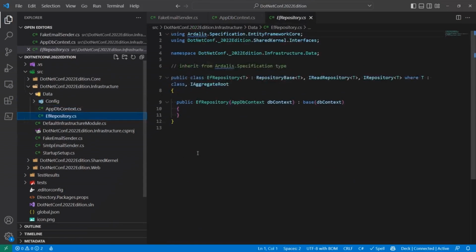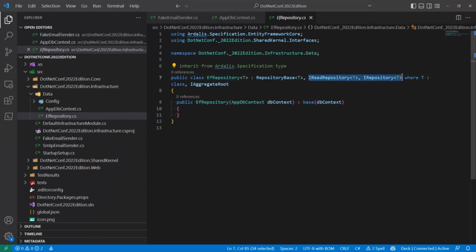All right, and then our repository here, notice this is our type that we own, and it's referencing interfaces that we control, right? So this is using the repository base. In this case, is coming from Ardalis specification, but I'm inheriting it and I can override or change anything I want. And this is open source, so I could totally fork it or change it and do whatever I want with it. So even though it is a third-party library here, I have control over it. And then these interfaces here are, again, things that I have control over and I can modify. So anything I want to do to change how my repository behaves, or if I want to add additional methods or whatever, I have that control to do it here.